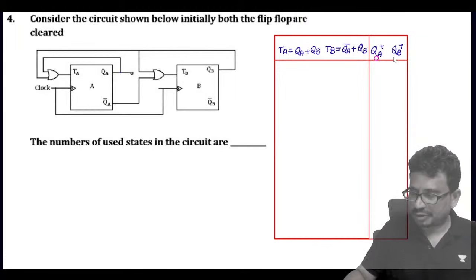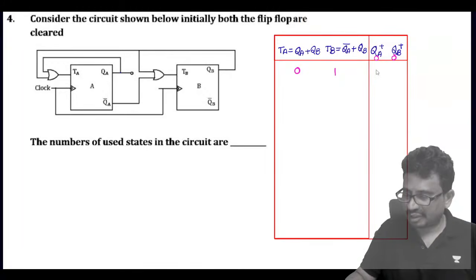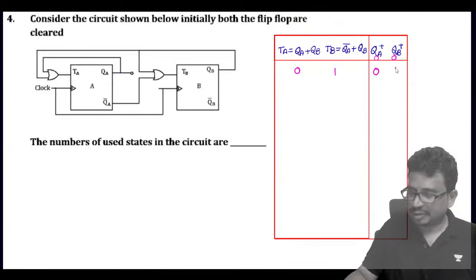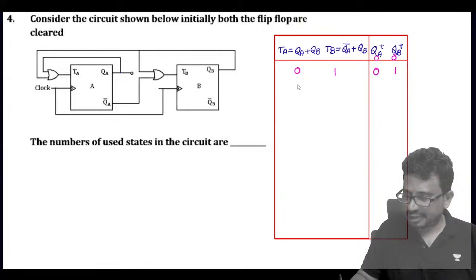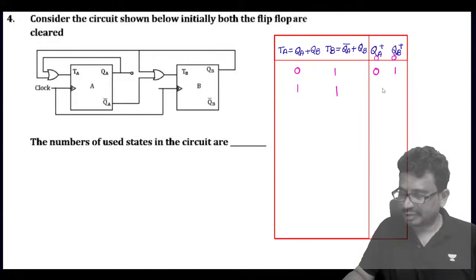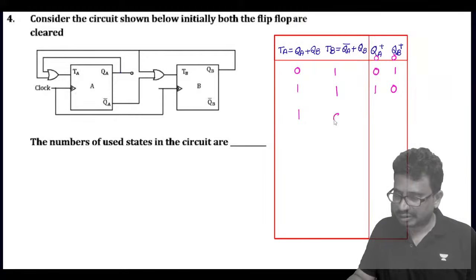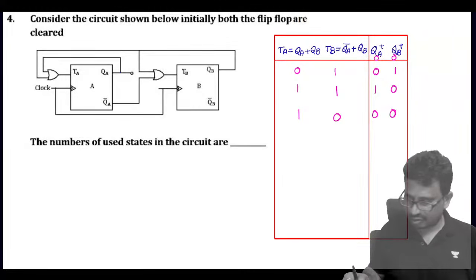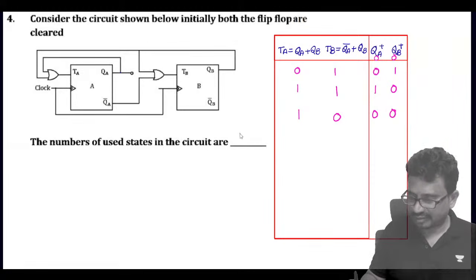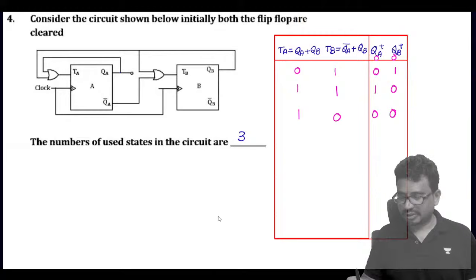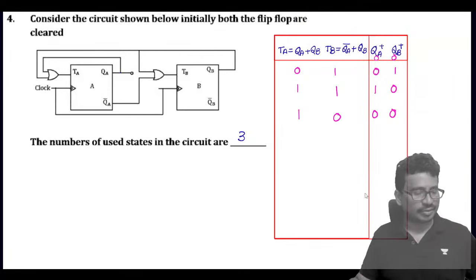Now we can say initially 0, 0 we have taken. So this is 0, this is 1. So we will come to it as T flip-flop 0, this is toggle. Now this is 1 and this is 0, this is 1. So toggle and this also toggles. Next 1, so this is QA bar 0. So this value toggles and this is hold state. So the same thing we got now. So this mod number is how much, we can say 3. So this is a mod 3 counter.